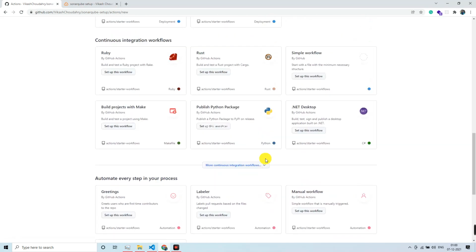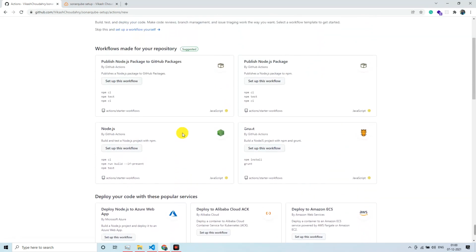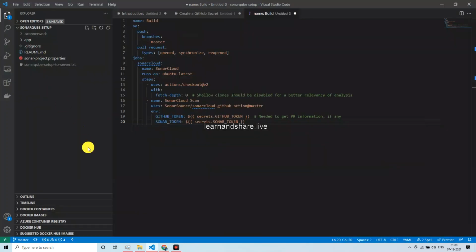We do have a manual workflow here, but let's do the same thing through the code base. And in order to do that, what we have to do is go to the root of your project and create a folder named GitHub.